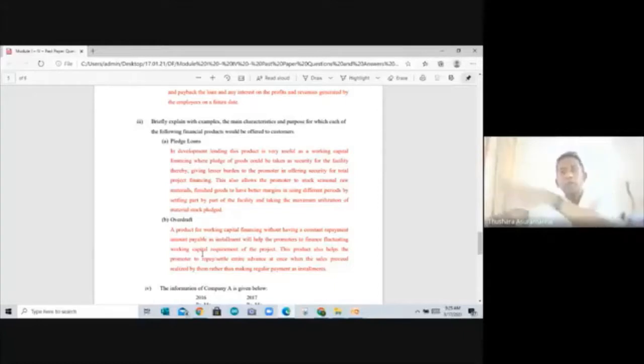In development financing we are very much focused on cash flows rather than the security. By offering a pledge for working capital, we exactly match their cash flow requirement. Whenever you dispose of your pledged stock, you get the money to settle that day. That is in line with development financing principles. In that way,